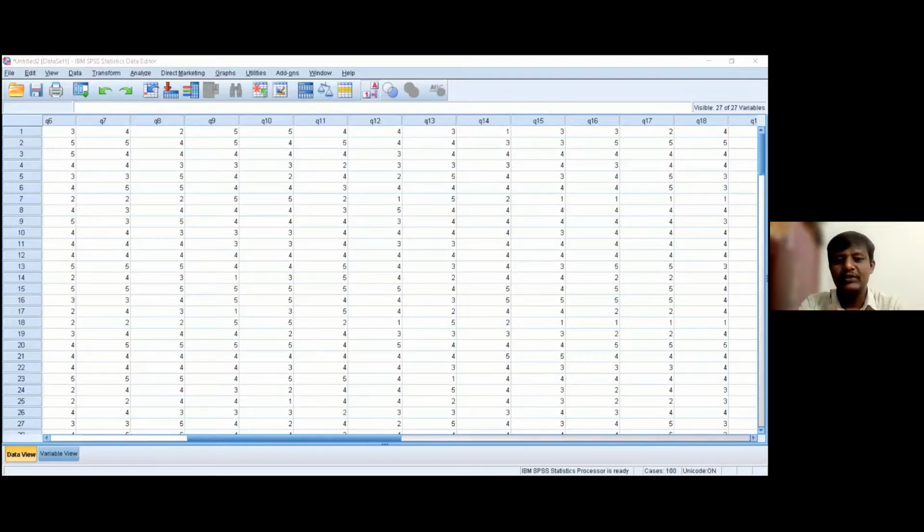Then you can go with paired samples t-test. T-test is nothing but comparing the means of 2 different groups. When you find that 2 groups are from different populations, then you can go with independent samples t-test.